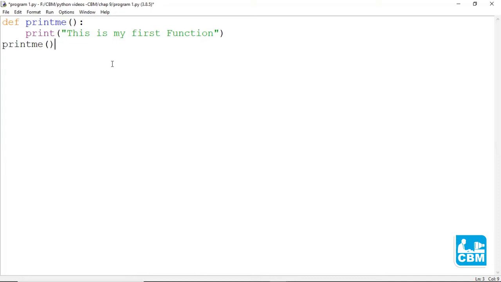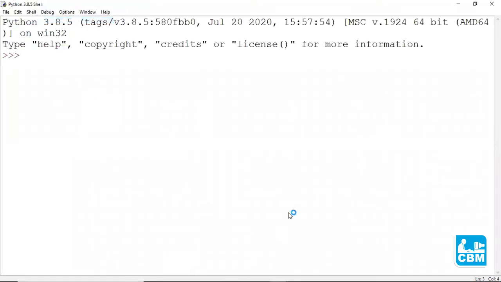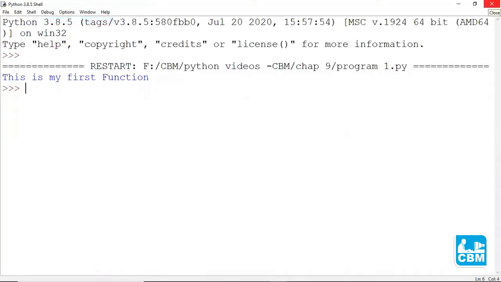So the first two lines of our code are used to define the function. The print_me() command is used to call the function. Let's run this code. Go to run and click on run module. So we have called the function successfully.